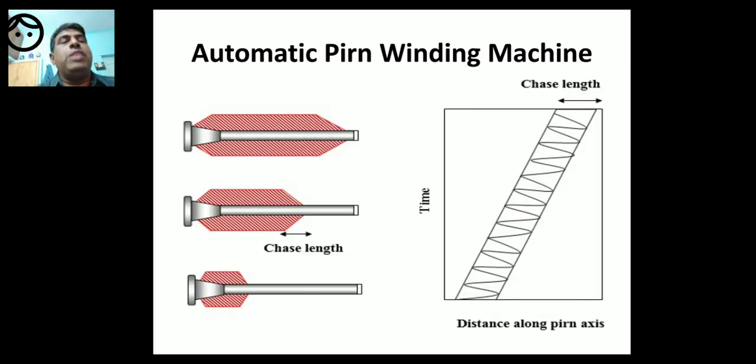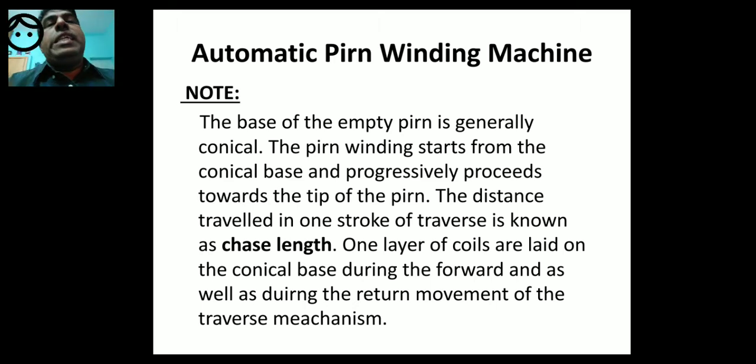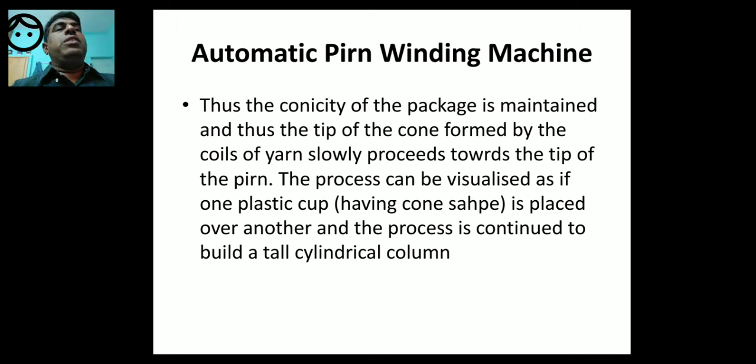So here you can see, as the yarn is wound, the chase length is traversing carried forward and the complete pern is built on the topmost of the figure of the pern. So that is known as chase length. So chase length is related to traversing. Please remember that. Thus the conicity of the package is maintained, and thus the tip of the cone formed by